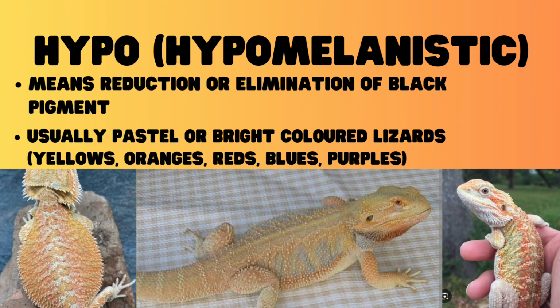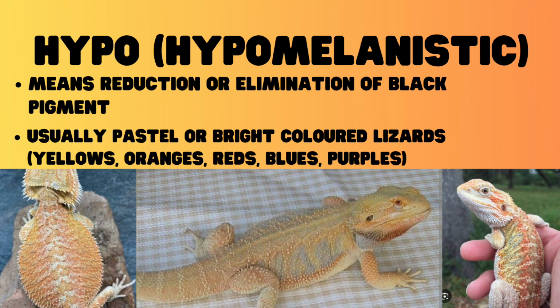Next up, we're going to have one of my favorites, the Hypo bearded dragon. That's short for hypomelanistic, which means reduction or elimination of black pigment. So the way that that's going to present itself is usually a pastel or brightly coloured lizard, but lots of yellows, oranges, reds, blues, purples. Sometimes hypos can come in almost whites, very similar to the zeros if you've seen them. It really just depends on the selective breeding, but most people have leant towards selectively breeding, like those reds, towards